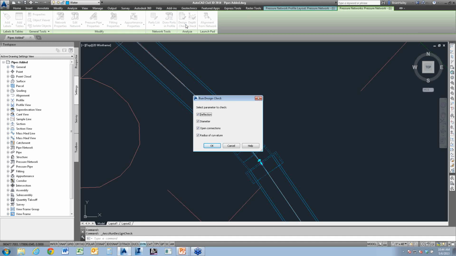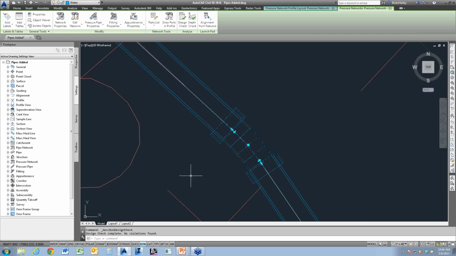Do you want to check the diameter? Make sure that an 8-inch pipe is coming out of an 8-inch fitting, that we don't have an 8-inch pipe connecting to a 6-inch pipe. Make sure there are no open connections or radius of curvature. So if I put a curved pipe in, I want to make sure it's not in violation of the design. And as you can see, this one didn't have any violations.